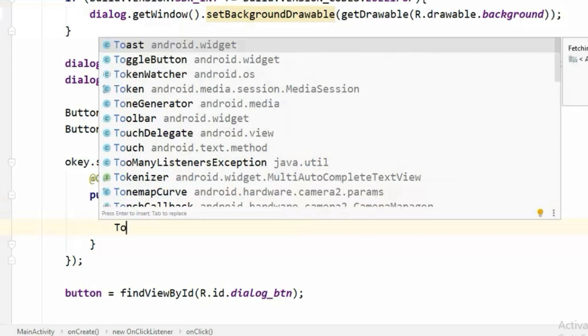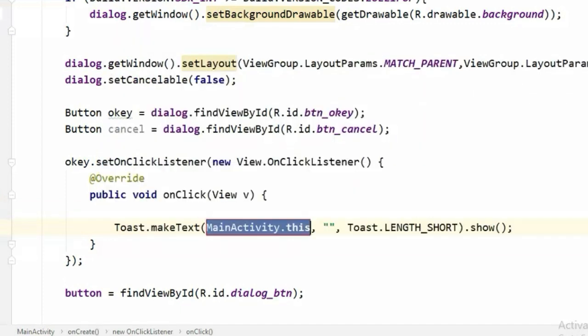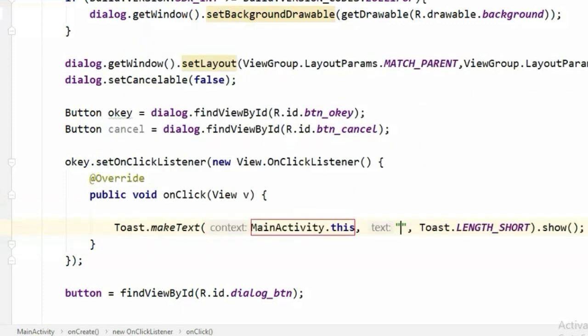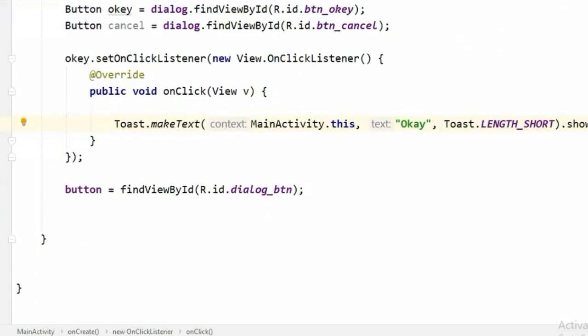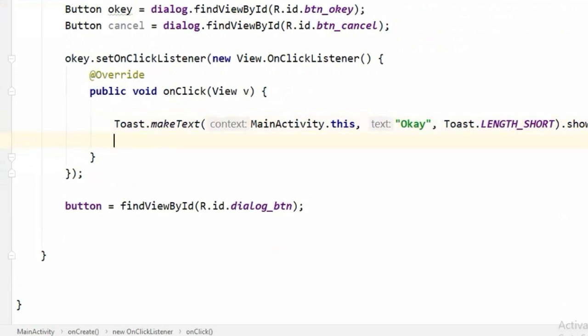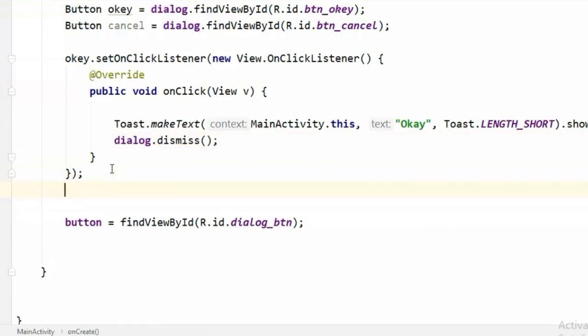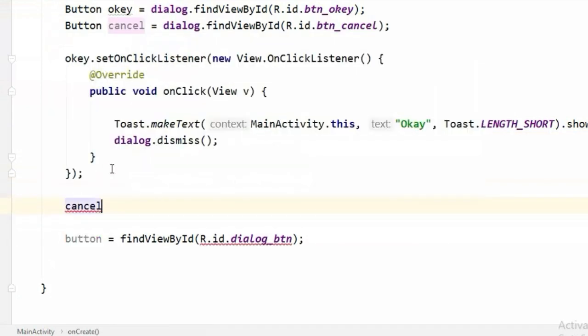And if someone clicks our OK button, I'm gonna simply display a toast message. And to dismiss our dialog, I'll simply call dialog.dismiss. It will make our dialog disappear. Now I will do the same for our cancel button.